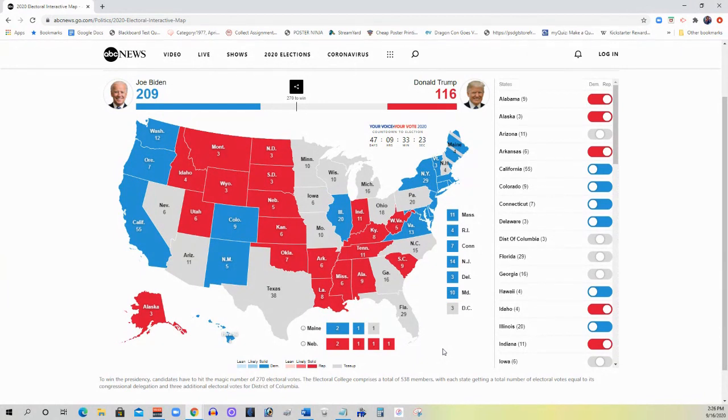Now, from there, we can start to break down the states that are kind of up for grabs, that we're not entirely sure about. And I've looked at the latest polling data. I've looked at the trends. I've looked at what I think, right? A lot of this is just my own intuition based on where I think things are going to go over the next 47 days. You know, we have 3 debates coming up, and usually every debate cycle has 1